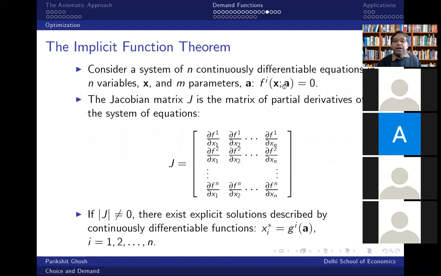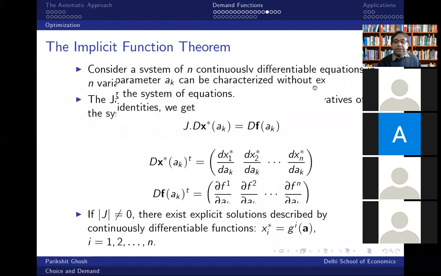So del f1 del ak, that's the first element of that vector. Del f2 del ak, that's the second element, and so on. So you have a vector of these partial derivatives of the function with respect to the parameter that we are interested in, right? So you take the Jacobian matrix,